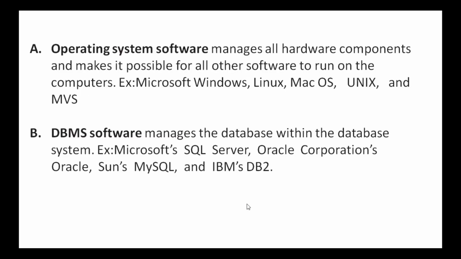First, coming to operating system software. What is an operating system? An operating system is an interface between the user and the computer. It's the first software loaded into your computer. Without an operating system installed, you cannot install a piece of software on it.